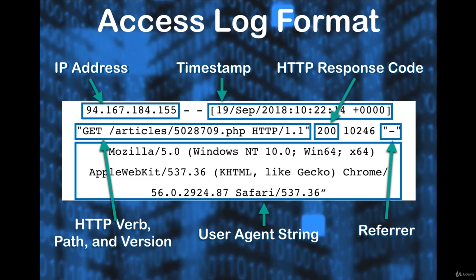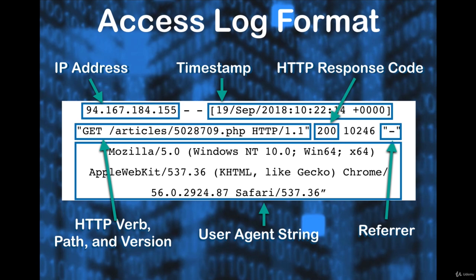And that pattern, you can see here, is a typical log line. It starts with the IP address, followed by the timestamp of when the access happened, followed by the URL and the HTTP method that was used and the HTTP version that was used. And here we see it's articles. A particular article number is being accessed of a particular PHP page, and then followed by the status code, which is 200, meaning it was okay, followed by the size of the page, which is not important to us,